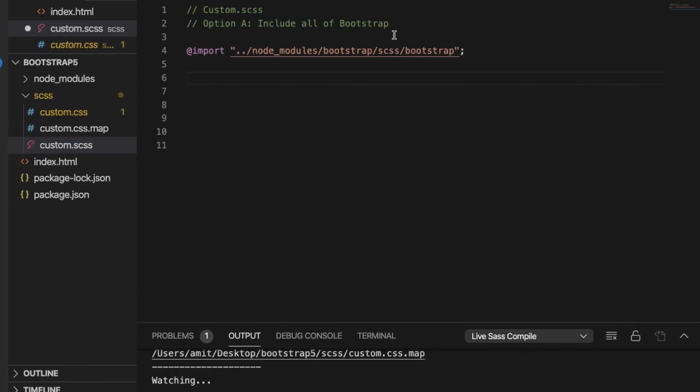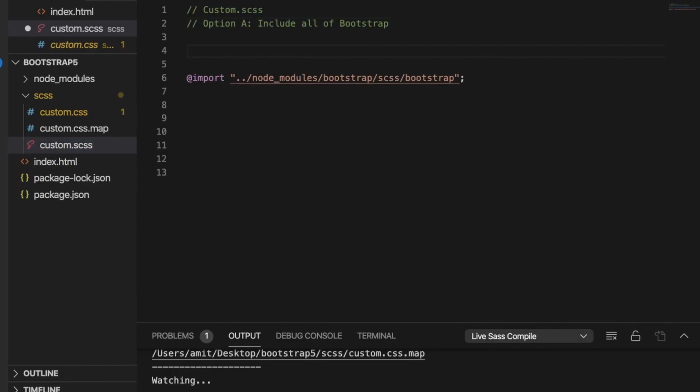Okay, as I told you, SCSS enables you to customize your CSS files using functions or variables, right? So here I am going to use a predefined Bootstrap variable called body-bg. I'm going to redefine it with a new color, and you'll be able to see that on refreshing the page, that new color appears.